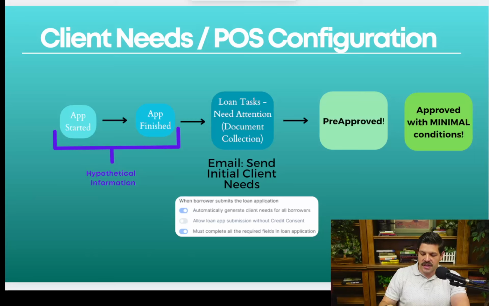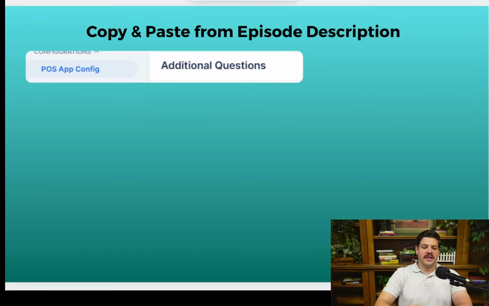Okay, this person is a veteran and they're doing a purchase. What are the things that we're going to need? We can customize that in the client needs rules. I'm going to save you all the time and just let you download my client needs rules. I have potentially 41 documents that people could ask for. Now, when they complete the application, it doesn't send them this overwhelming list of 41 documents, but it will send them